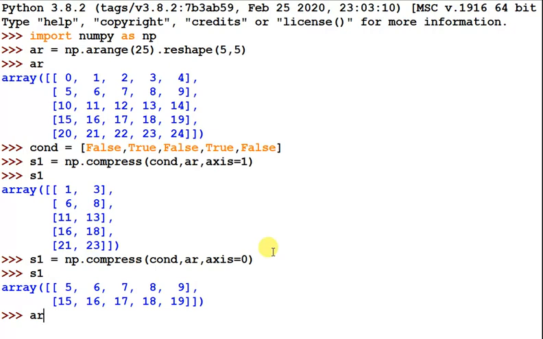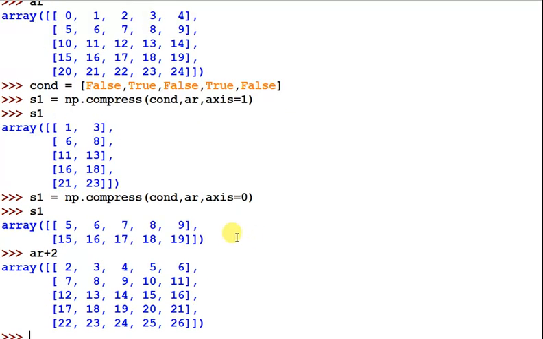Suppose I am using array AR, the number, and I am just using plus 2, so you can look here, all the values are added by 2. It will work on each and every element. So this is called vector operation.